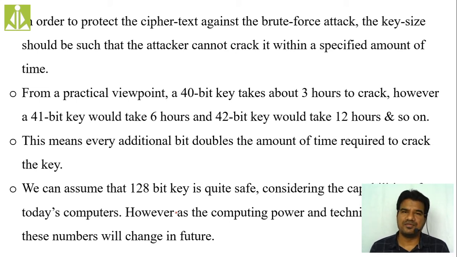If you want to deliver some confidential information and that confidentiality will last up to 3 hours only, you can use this 40-bit key, because once the 3 hours are over, your message will not be confidential anymore.